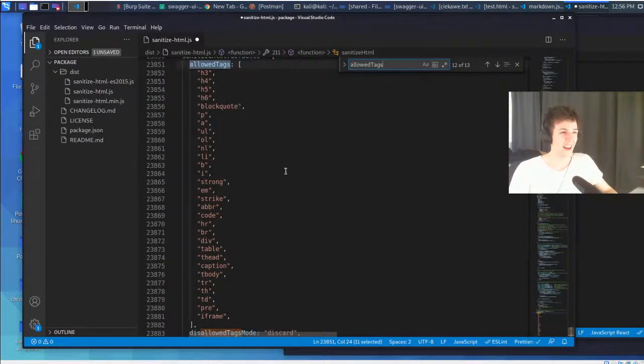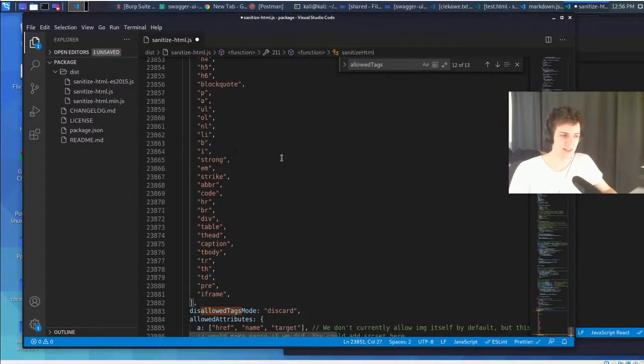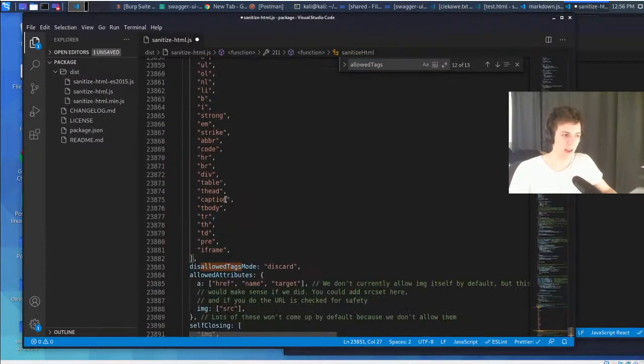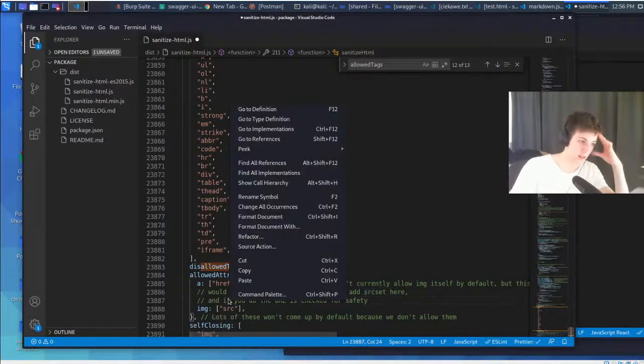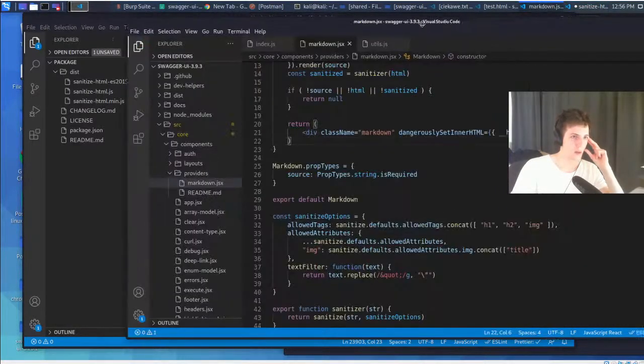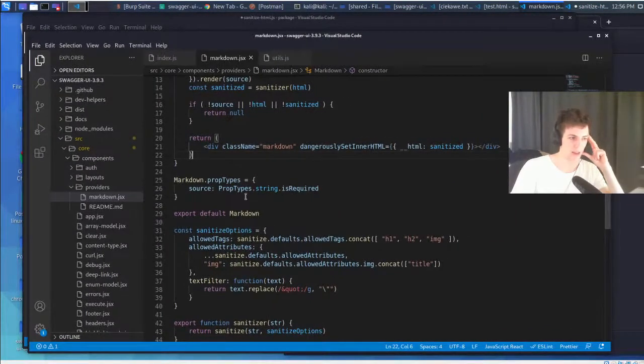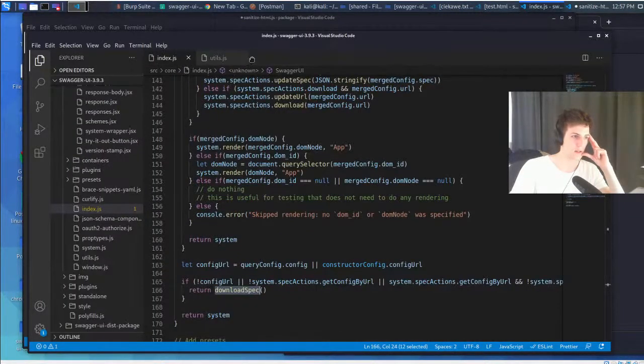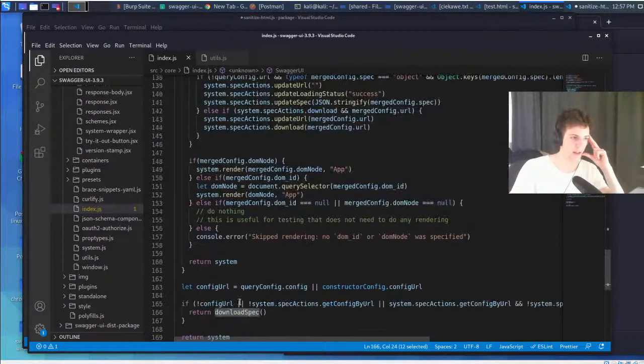And I don't know if there exists some XSS with these tags. I doubt it. And on image we can use on resource and the title. Wow, it is going to be really hard. Allowed schemas. So I don't know if we can bypass the HTML sanitizer of that version, but I think that, okay,